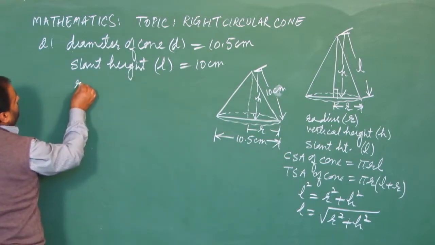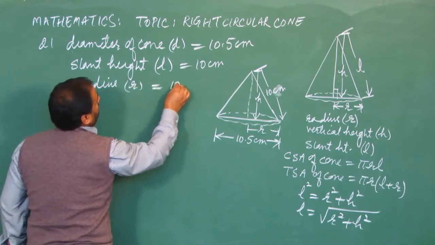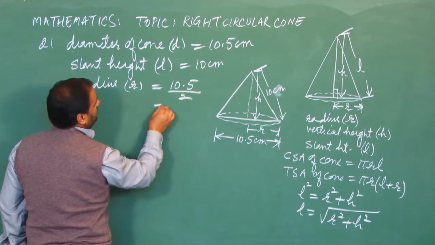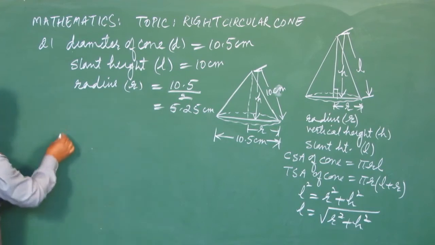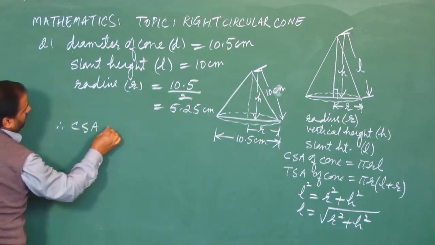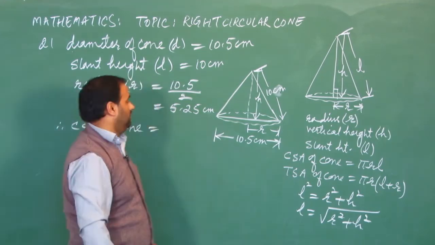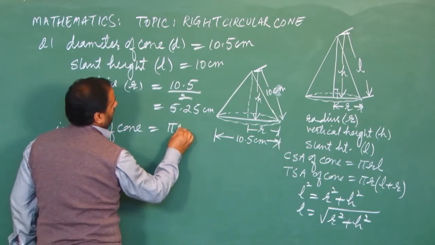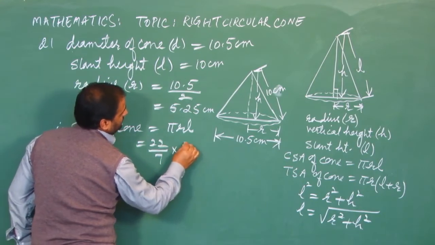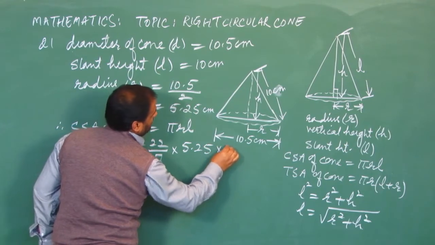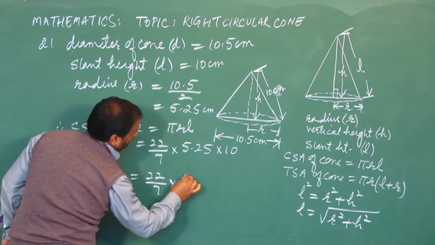Now, what will be the radius of that cone? It is half of its diameter. That's 10.5 divided by 2, which is equal to 5.25 centimeters. Now, the curved surface area of the cone. By cone, we mean right circular cone. It is pi r L. Pi is taken as 22 by 7, r is 5.25 and L is 10. So, when we calculate all this, we get